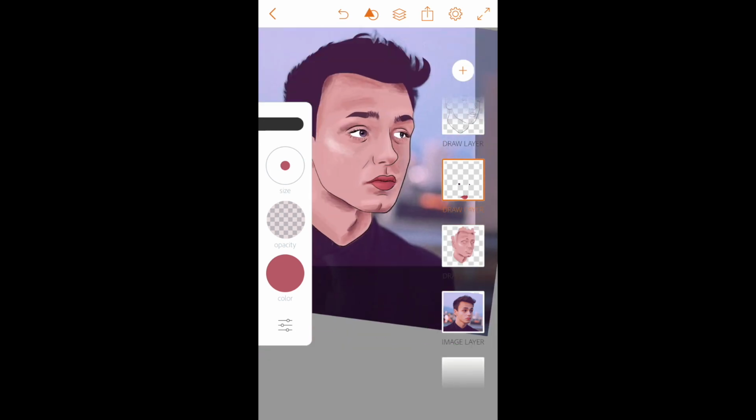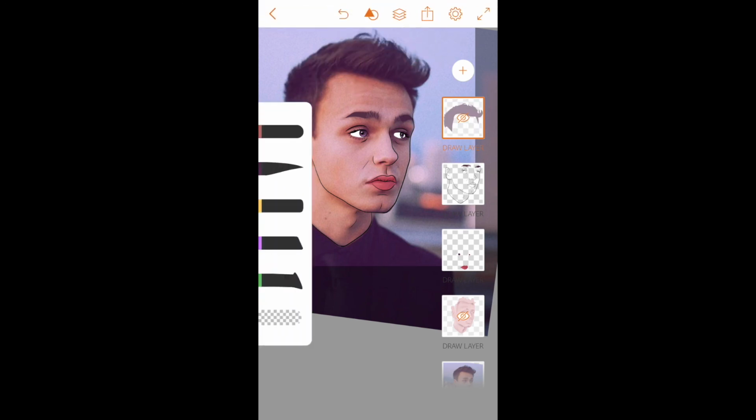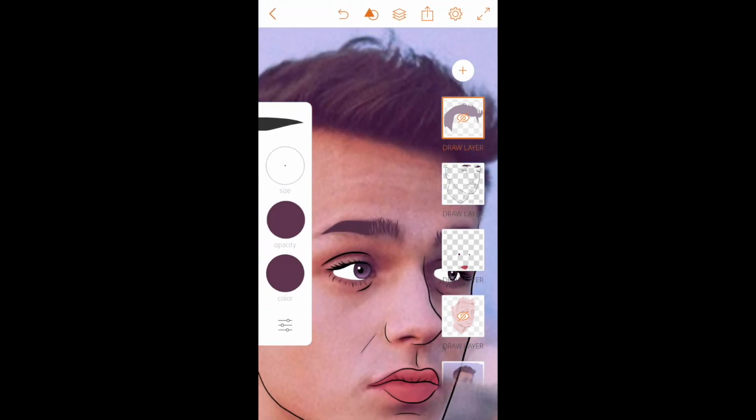So now that the lips are done with the hair, I'm going to grab this tool and I'm going to grab the lighter color in the hair, change the opacity down, and